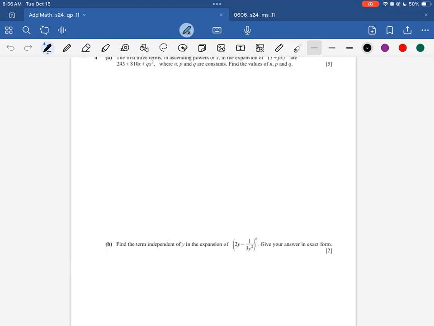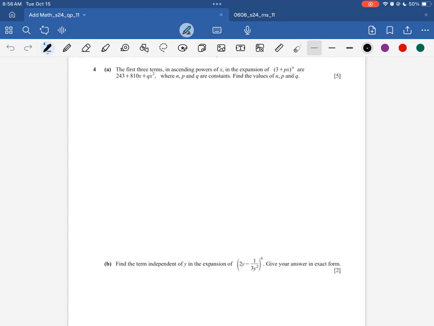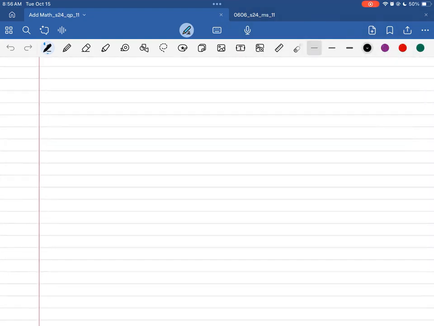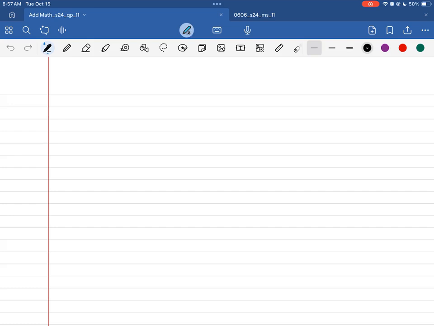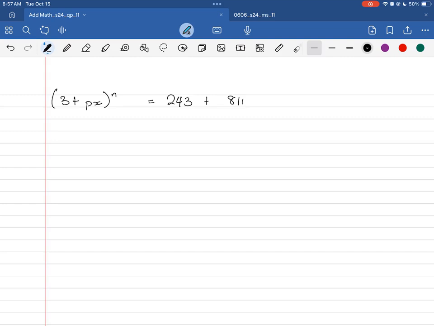So, I think I'm going to do this so we have a lot of space. You have (3 + px)^n, and it says in ascending powers that the first three terms are 243 + 810x + qx². And you're asked to find p, n, and q. So first of all,